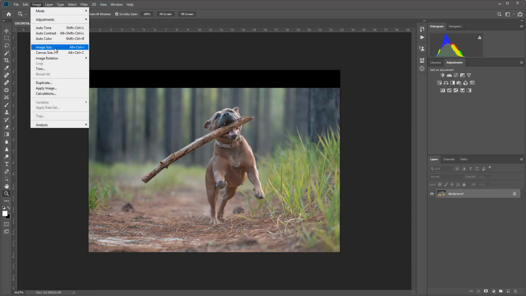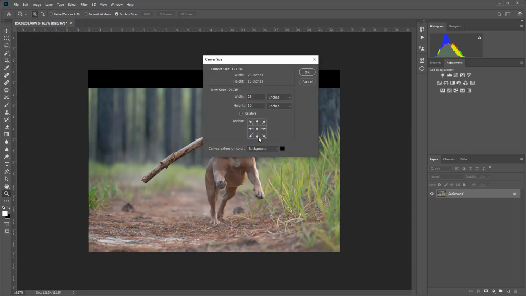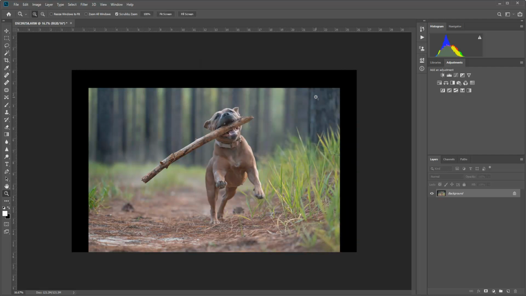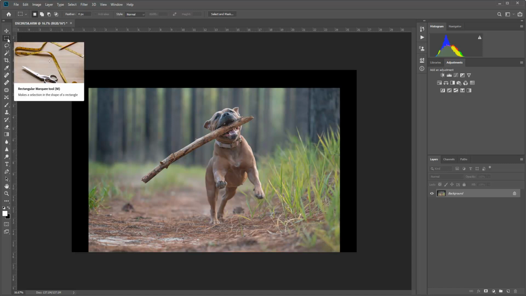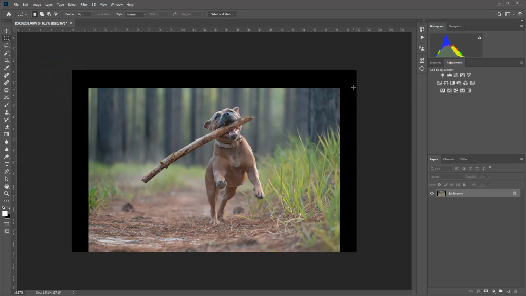Let's go to Image, Canvas Size, and we're going to go from the bottom again, and I'm going to make the width about 26 and click OK. Alright, obviously you know how I added that, took off some of that cropped on the edges. I probably didn't need to, but hey, look, I'm going to be teaching you some stuff here. So the next thing that we're going to do is I'm going to come in to the sides here like this,